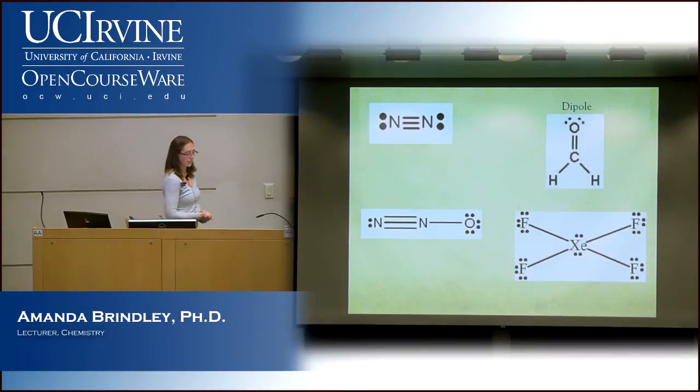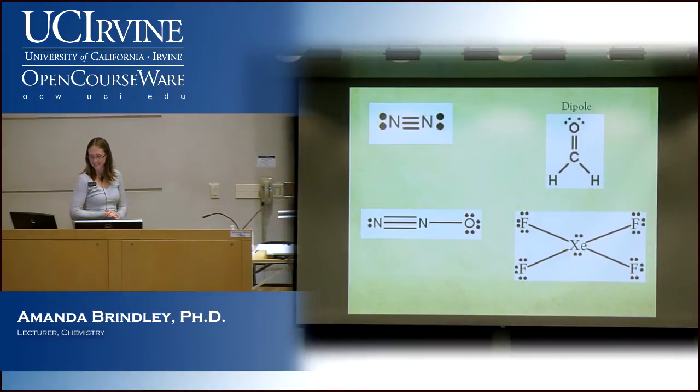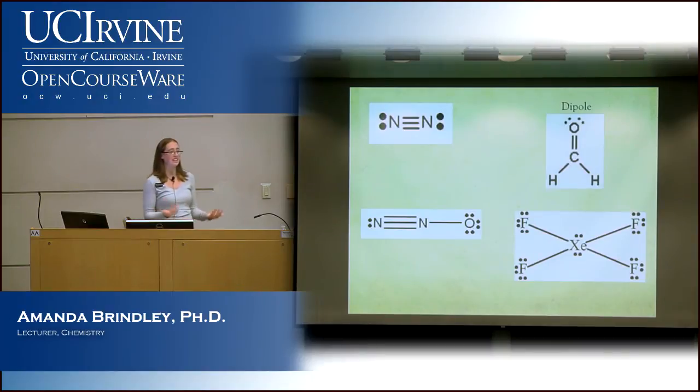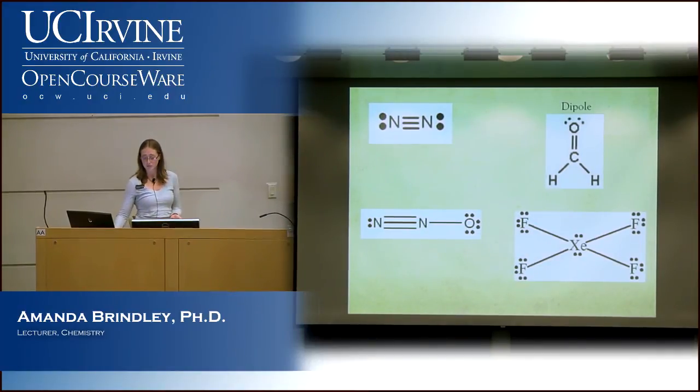So we have one spoiler up there, but that's all right. So let's look at nitrogen. Do we think that N2 would have a dipole? First of all, does it have any polar bonds? No, right? Nitrogen and nitrogen have the exact same electronegativity because they're the exact same atom. So your first step is always, do they have polar bonds? And they don't. So nitrogen isn't going to have a dipole.